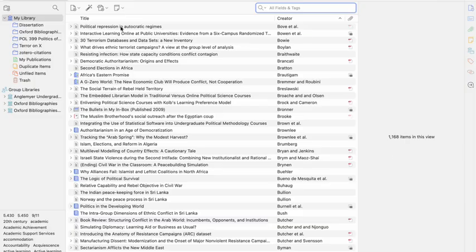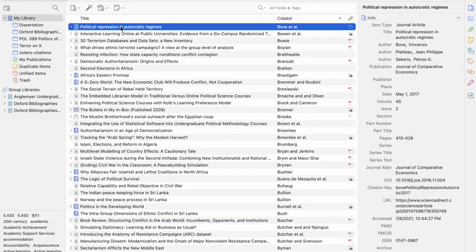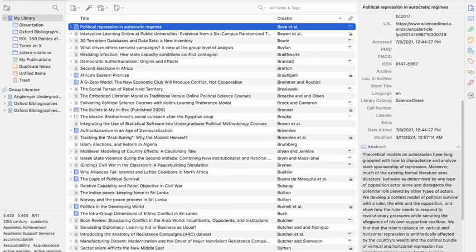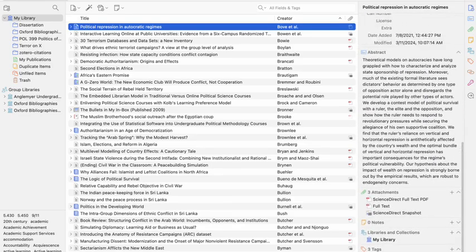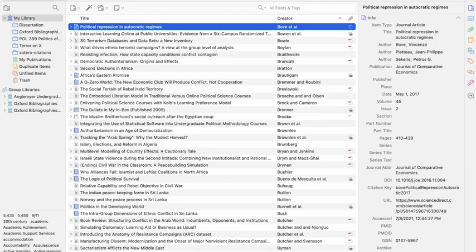But what I have is essentially a database of a whole bunch of different articles and books and other resources. So, and I'll show you in a moment how this works, but once you use the connector to scrape an article's metadata, it will show this information for you. So it gets all of the information from the article, the authors, the publisher, if it's a book, the page numbers, the volume number, all of the information that you would need to include in a bibliography is going to